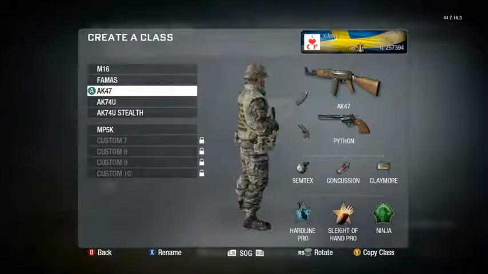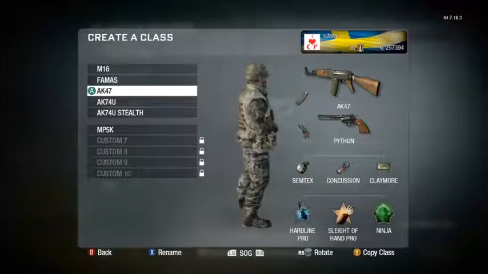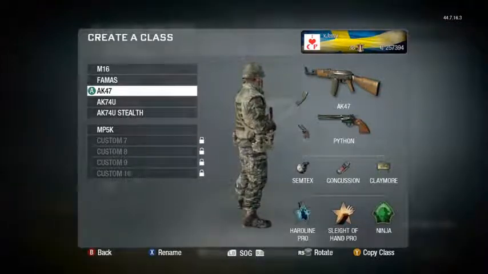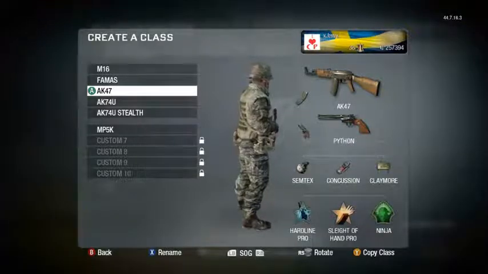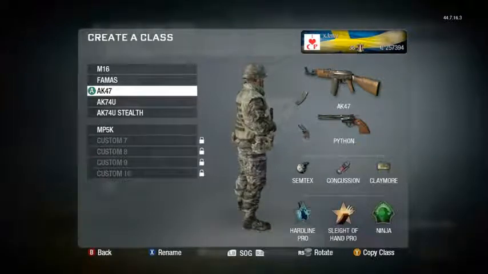So the AK-47 with extended mags, because I like the iron sights, and because this is a little bit more of an aggressive role than the FAMAS or the M16, regardless of the fact that it's an assault rifle, I like to go with the Claymore instead of the motion sensors. Motion sensors are much more defensive equipment, and therefore you don't want to use those if you're going to be